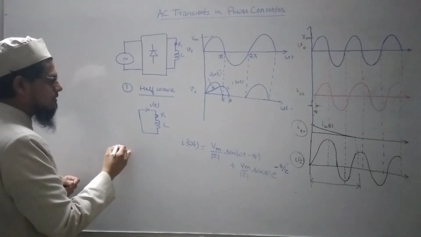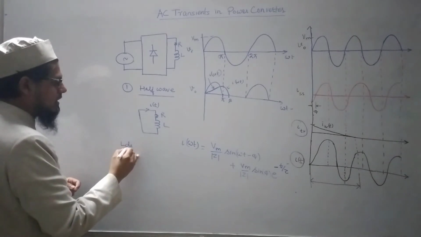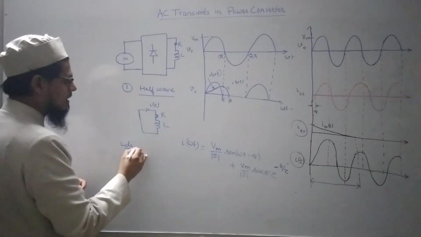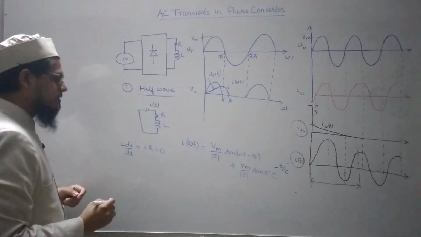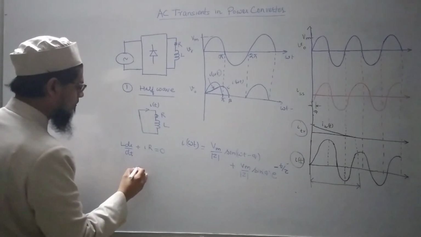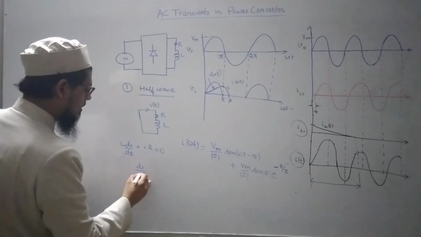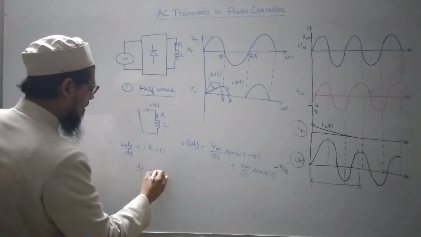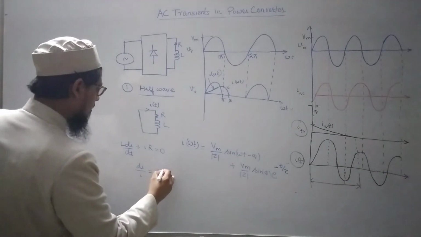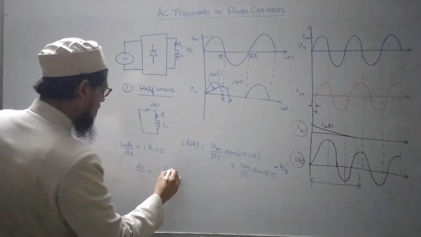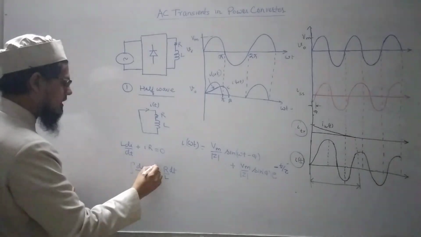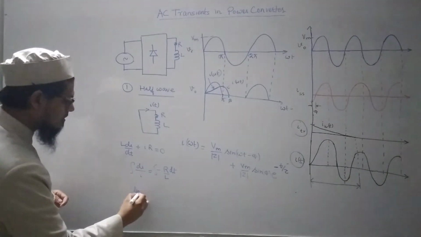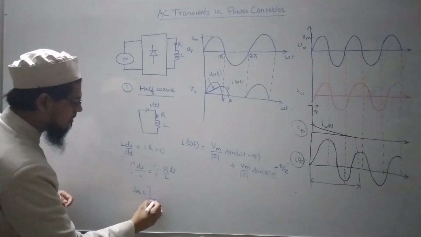Let me write down the current: L di by dt plus iR is equal to 0. So di by i is equal to minus R dt by L, and if I integrate it on both sides, this is ln i, and i will be